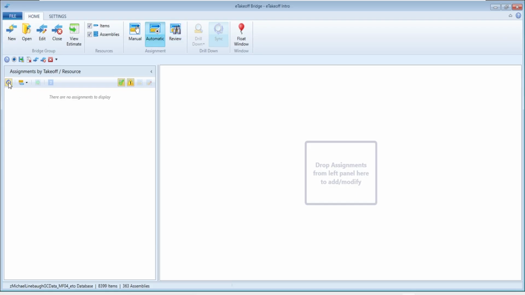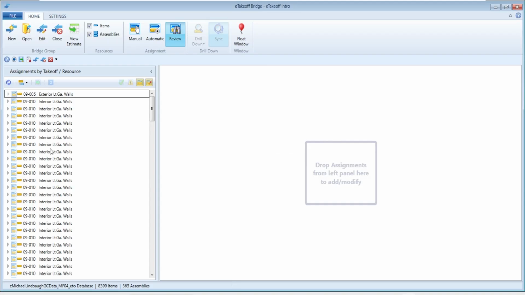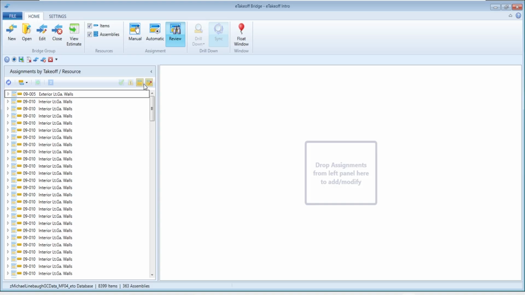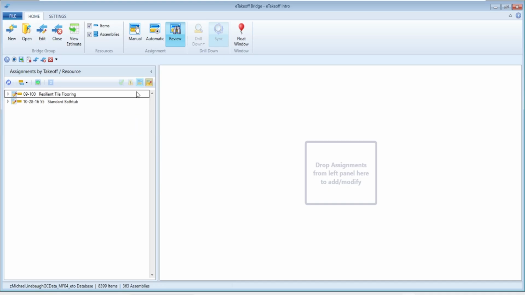So if I hit refresh here, I didn't really do anything new in this case, but if I had, it would show up where I could push it to my estimate if I need to. Review will let me go back and see what things are in the estimate. So here's all the different items that are in that estimate. As I look at that list of items, up here, I can also change it. So if it was just something that has not been changed, I don't care about it at the moment. I'm going to turn that off. So I can just focus on the changes that I've made to that.